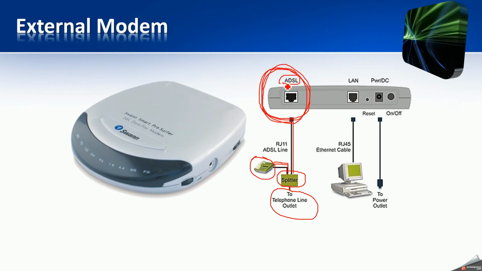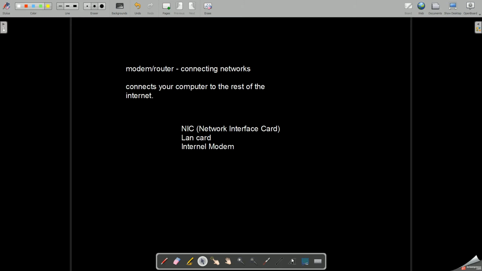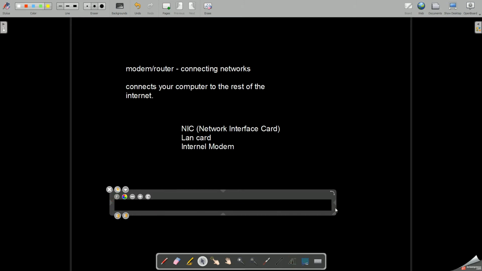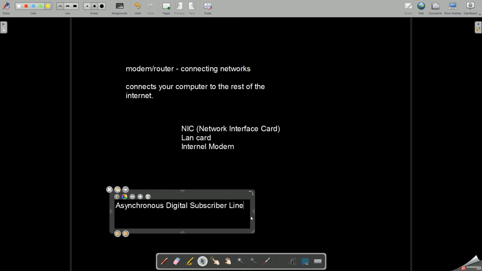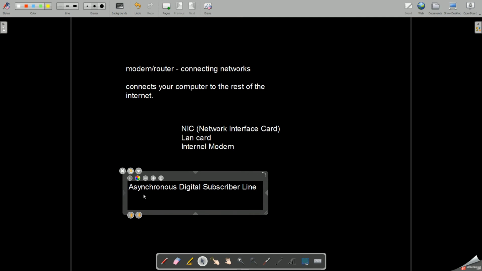And you can see ADSL over here, which stands for asynchronous digital subscriber line. As we'll study DSL, that is digital subscriber line, in the forthcoming slides, I won't explain much about this.